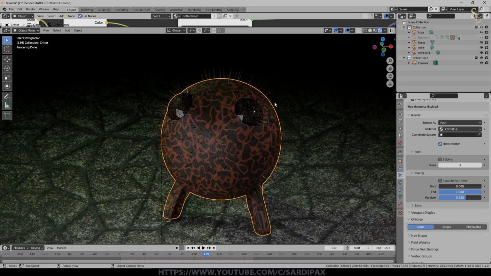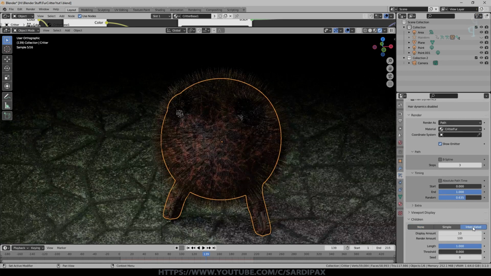Interpolated will take a couple of hair strands and then add a number of other strands between them that vary between the first strand and the second strand. So if you imagine you had a really long hair and then nearby it you had a very short hair, and you said add one extra hair for each pair of hairs that you've got, one child hair, and you put it as interpolated, it will be halfway between the first hair and the second hair. But of course when you add more than that, it will be a variation between that. So interpolated gives you a more sensible and gradual change between one parent hair and the next.